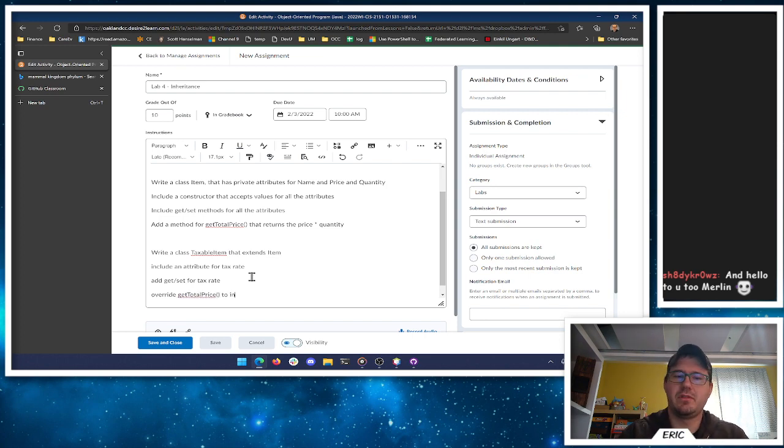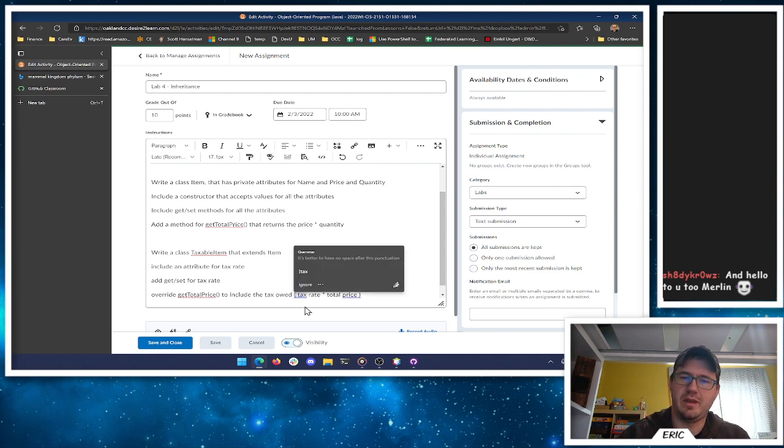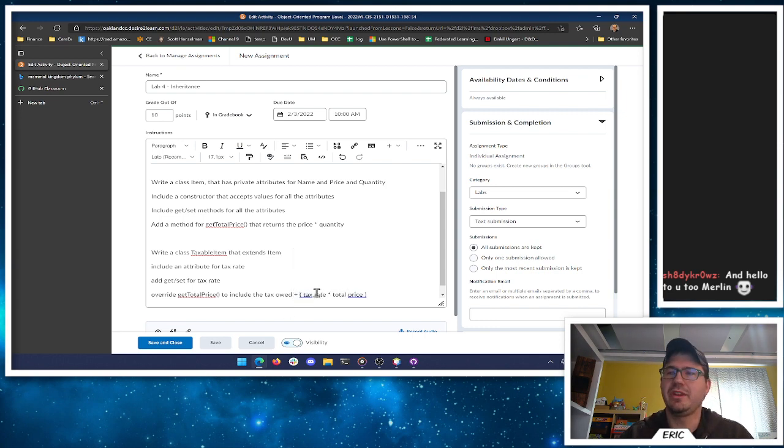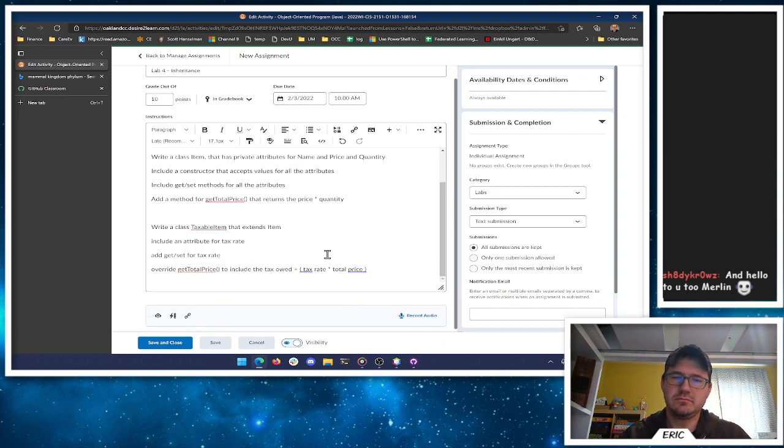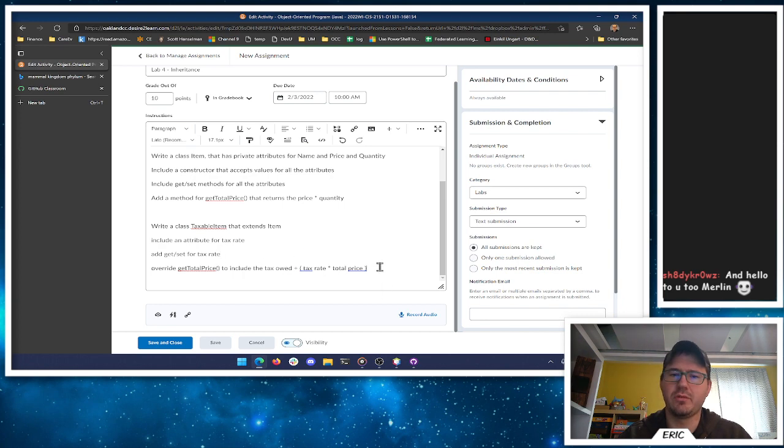to include the tax owed, right? So that's the tax rate times the total price, right? So we add, right? So if the tax rate's 6%, that's 0.06 for Michigan sales tax. 0.06 times the total price, it gets added to the original total price. Okay. So we're just trying a pretty basic one here, and then